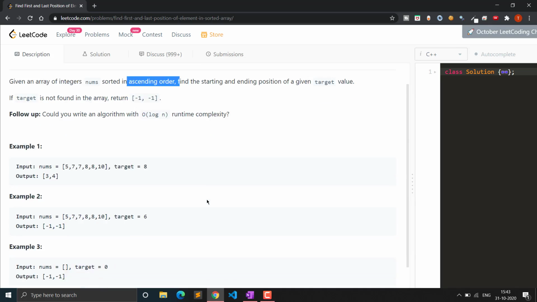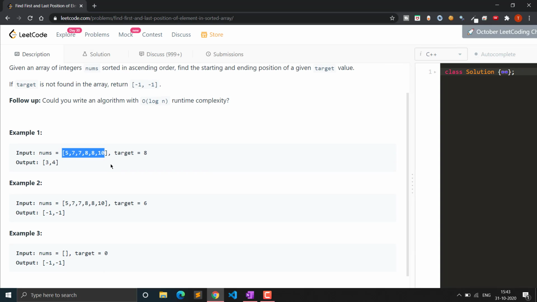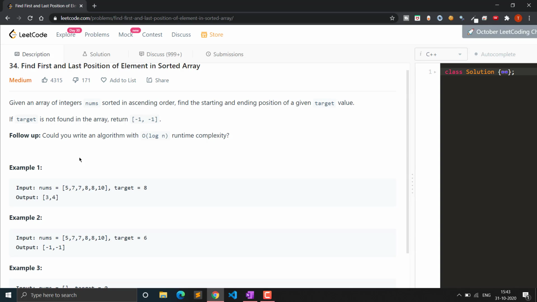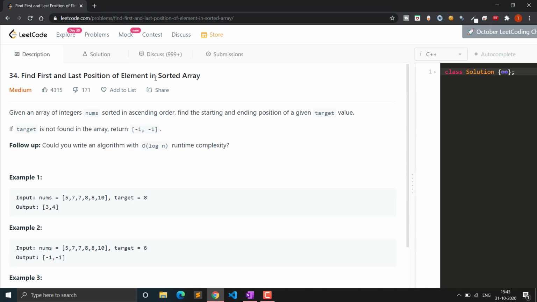So the basic solution that will come to your mind is using a simple linear traversal. We can simply traverse over the array, and search for the starting and the ending index for the particular target that we are given. If our target is not in the array, we will simply return -1 and -1. But the thing is that it will not be using the main property of the sorted array. We are given that it is a sorted array, and if it were not sorted, then we could use a linear search. But since it is a sorted array, we can do it in better time complexity than O of n. It is in the question also that you will have to solve it using O of log n.